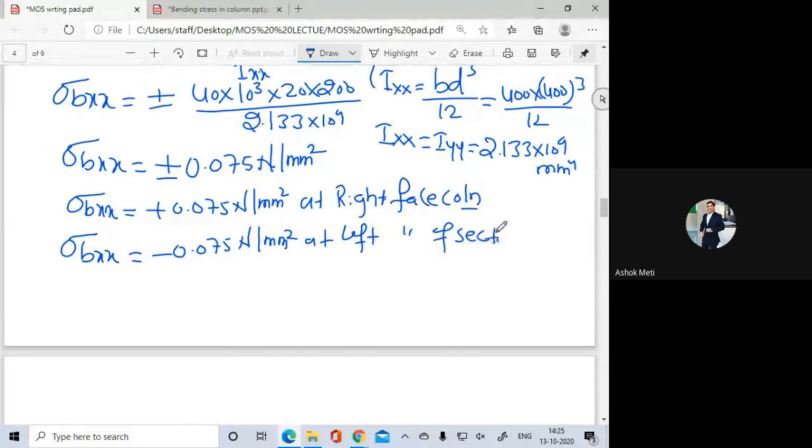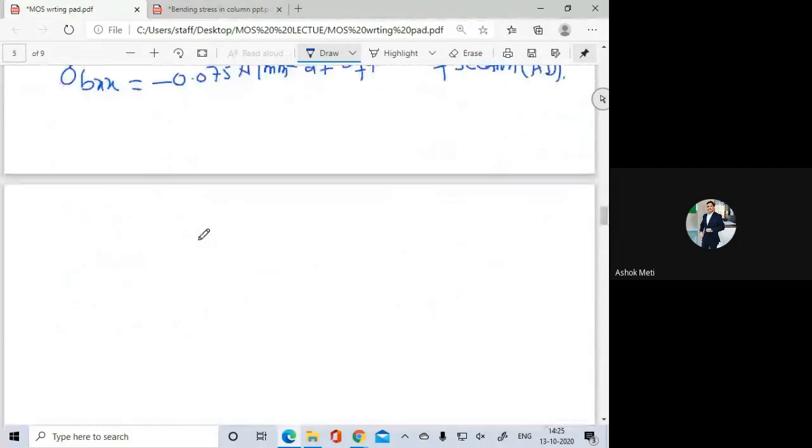So it is face BC, and this is the AD face. Similarly, now I want to calculate the bending stress about the y-axis. It remains the same because it is a square section, so the value will remain the same. So the bending stress about the y-axis is equal to